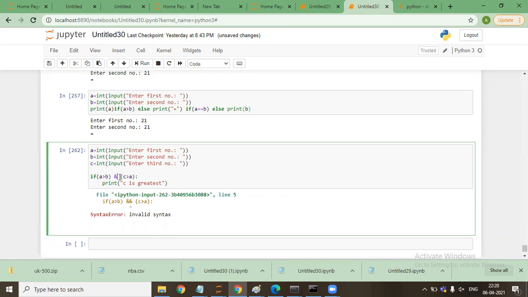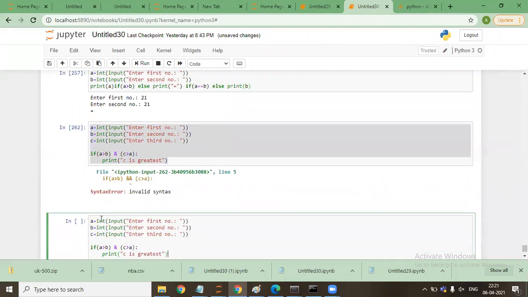Okay, now if I'll say another statement, A, B, C. If A greater than B or A greater than C, then we can say that A is not smallest.